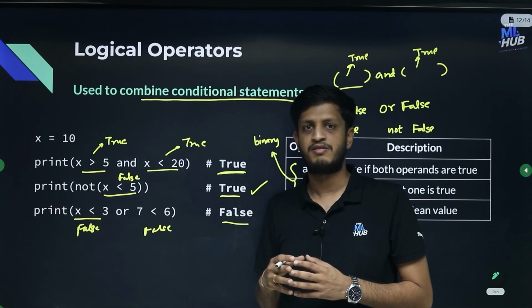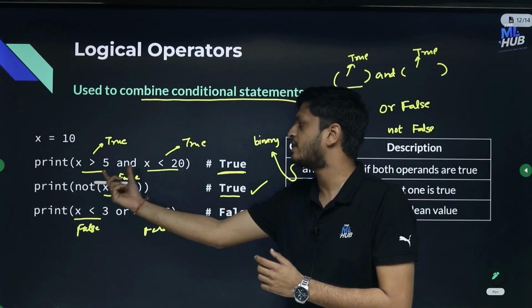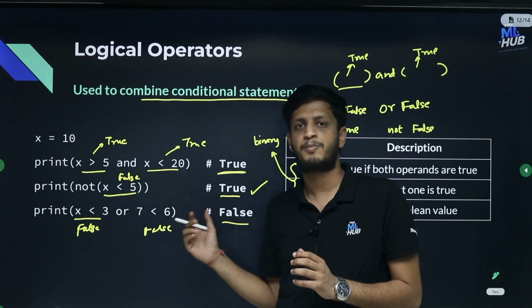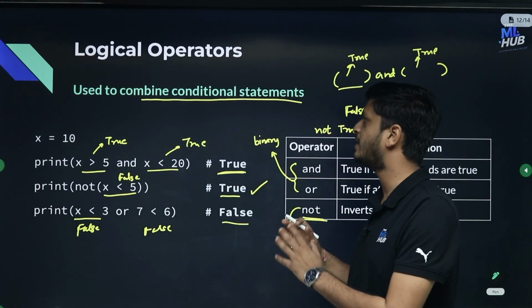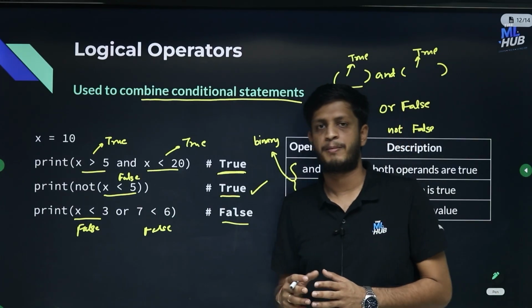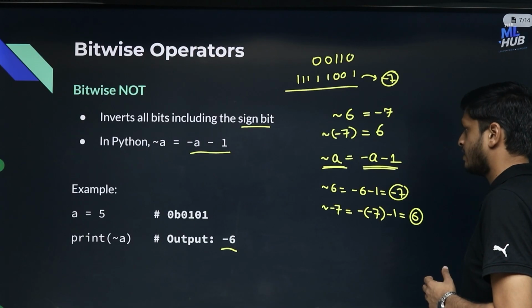Like in the coming lectures we will see the data types lecture. But generally speaking, if the expressions evaluate to true or false, their output will also be true or false, which is Boolean. So if you want to combine multiple conditional statements, you can use the logical operators. So far, what all operators have we seen? If we do a summary,